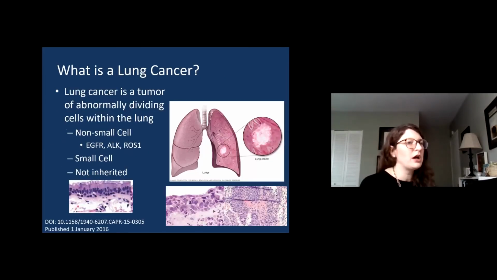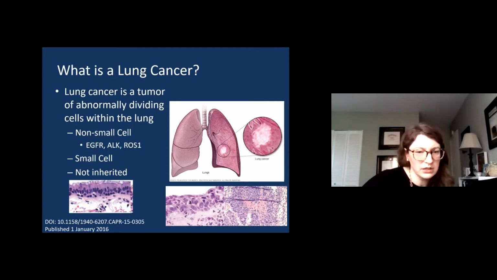And so a little bit more about lung cancer. Here's an example of an abnormal mass in the lung. There are two main types of lung cancer, one called non-small cell and one called small cell. In non-small cell, there are a number of mutations that can occur for which we can actually use targeted therapies. One of these is called EGFR, another ALK, ROS, and there are some others. And how we detect and identify a cancer, if you can see on the bottom, there are cells here, and let me see if I can get a pointer up.